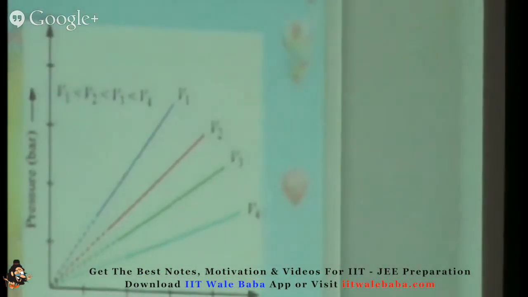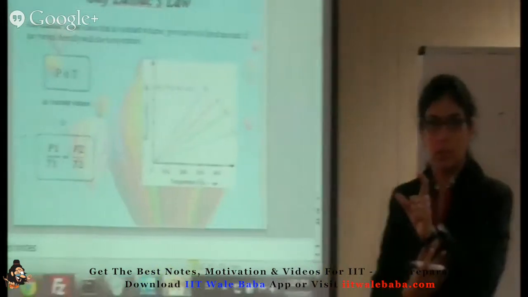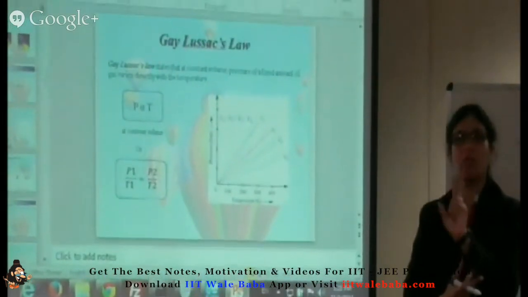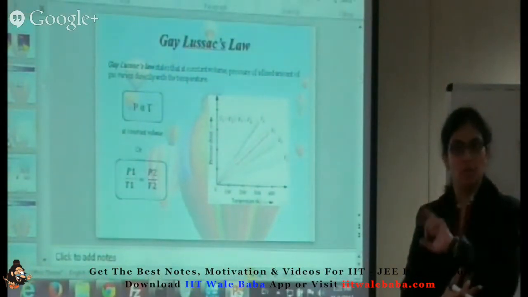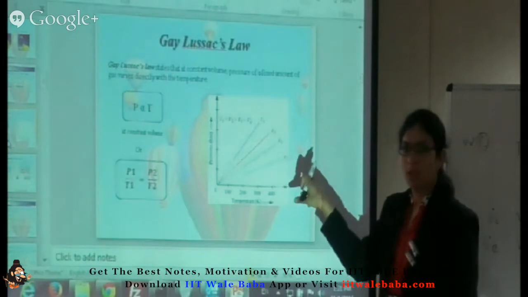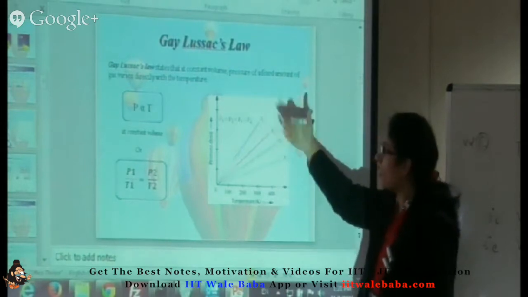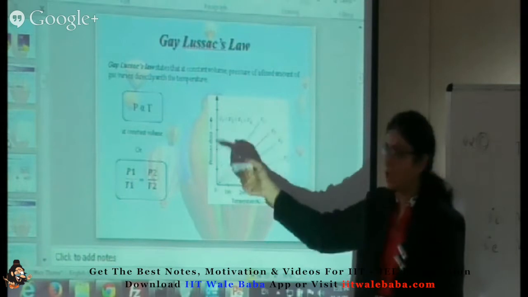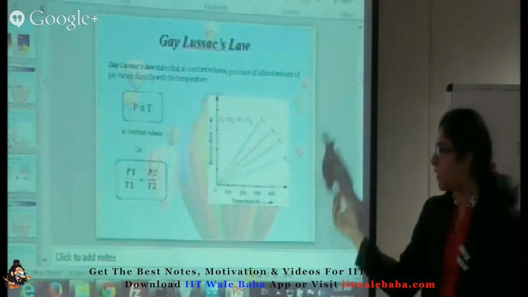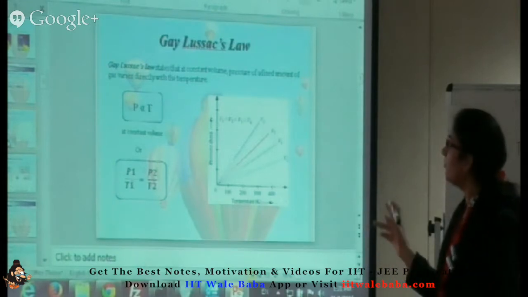The curves which we plot at constant temperature are called isotherms, right? Isotherms at constant temperature, isobars at constant pressure, isochores at constant volume, right? So when we take the different volumes, you get a relationship given by one line, but since you have changed the volume also, you get different lines. And the relationship is simple, just like volume and temperature: P1 upon T1 is equal to P2 upon T2, and so on, is a constant quantity, right? Then next